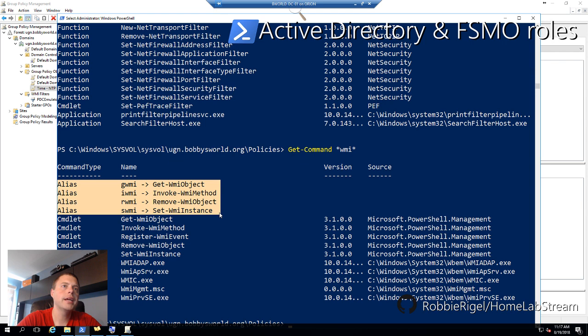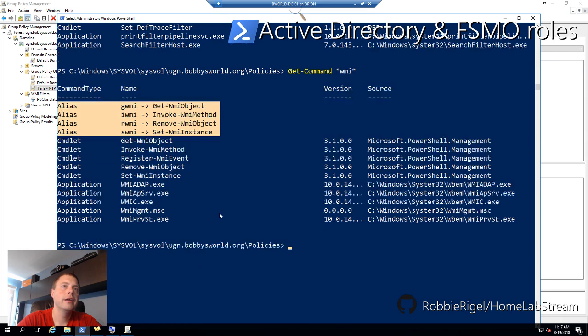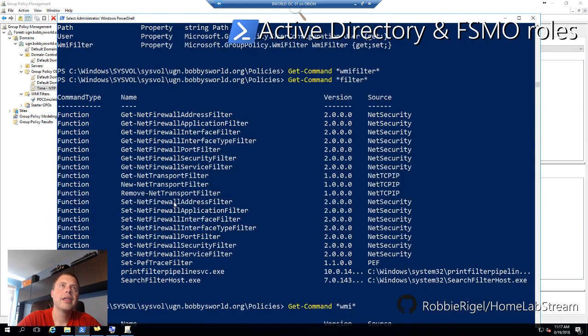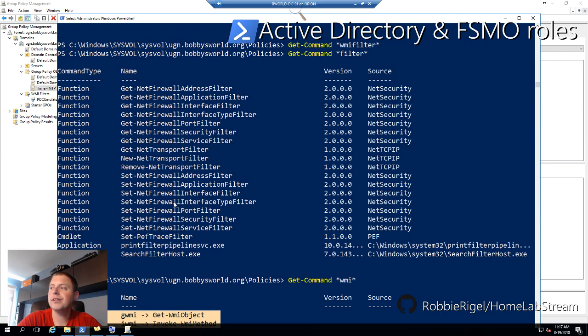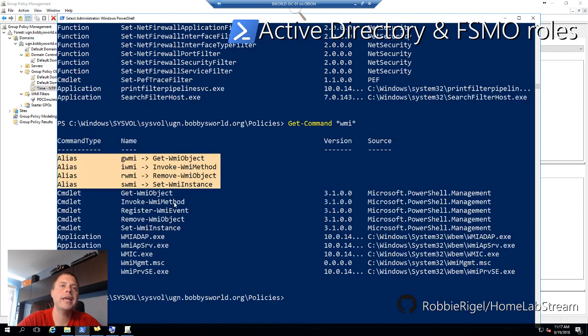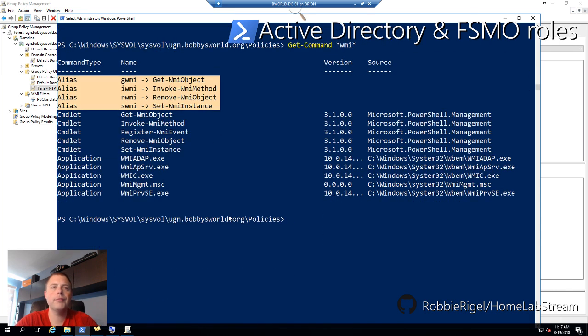Get-WmiObject, Invoke-WmiMethod, Register-WmiEvent, Set-WmiInstance. Yeah, I'm not... I'd have to look into that more to see how much you can do this by PowerShell here. But what I can do here, since we have that filter available here, so let's